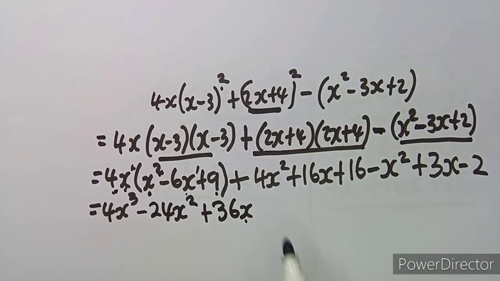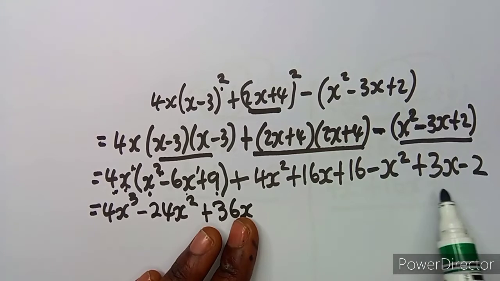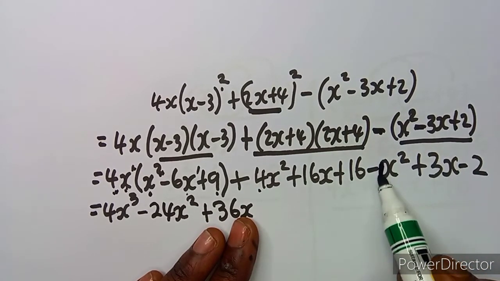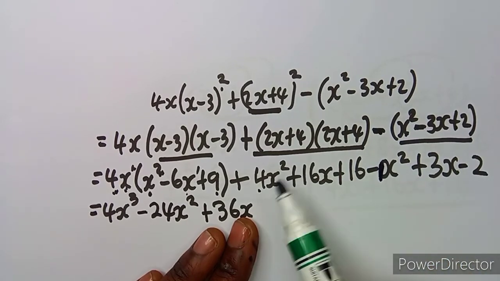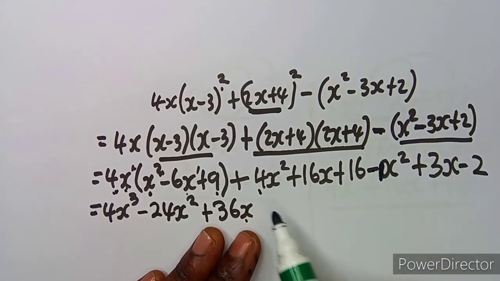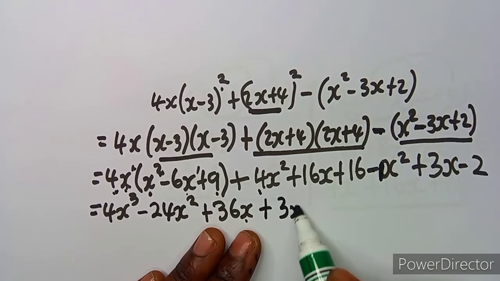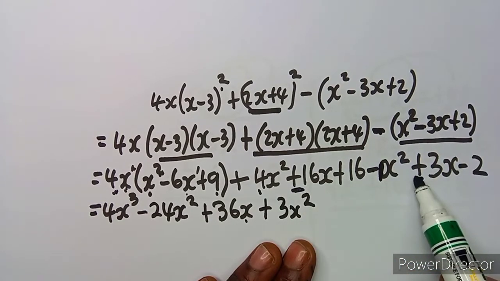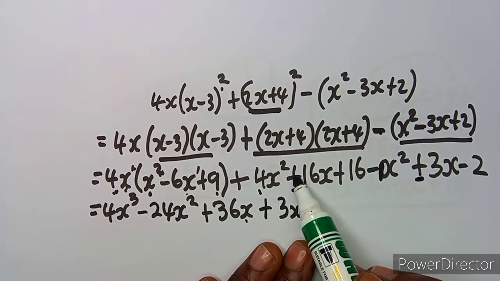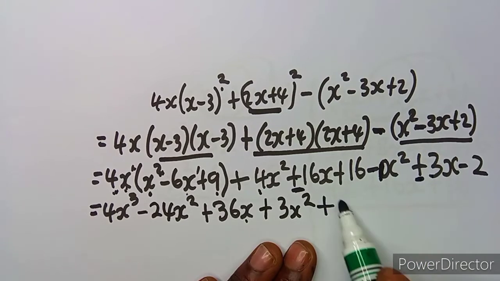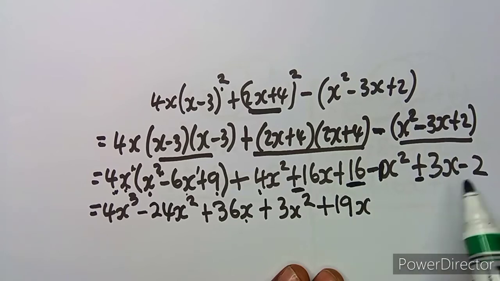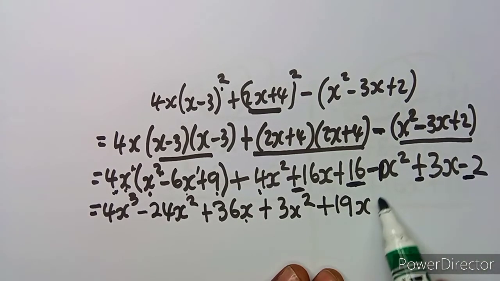Then, on this part, we can actually collect like terms and simplify. So it's 4x squared and minus 1x squared. So it's 4 minus 1, which is 3. So it's plus 3x squared. 16x plus 3x, so it's 16 plus 3 from your calculator, which is 19x, okay? Then 16 minus 2 from your calculator, that's plus 14. All right,